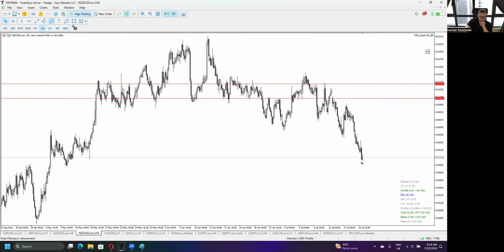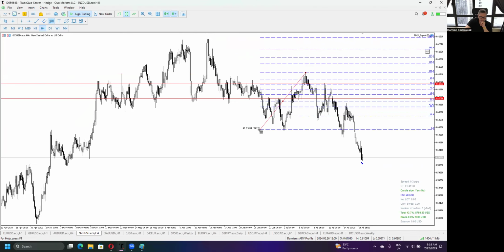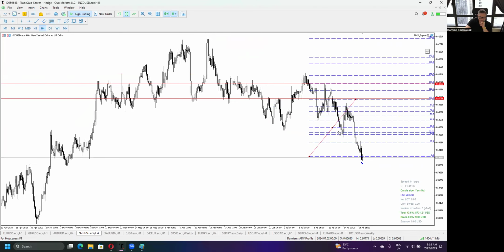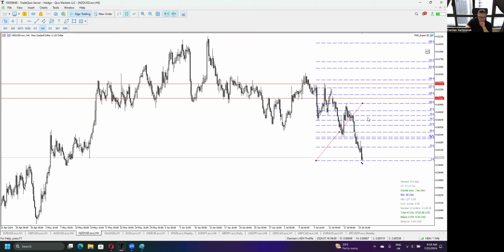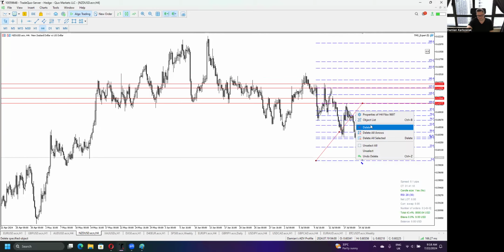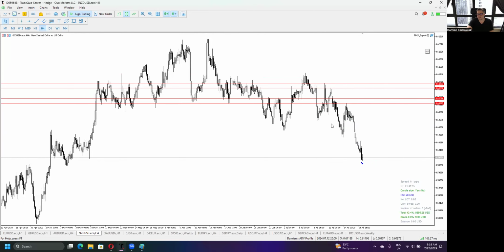This is the blue measurement. And the red one, A to C, should be at least 1-to-1. So 1-to-1 is close to 50, and 127 is close to 61.8. Both are possible. Of course, once the price touches the first one, we can treat it as a full shape of the correction. So again, because we are in the local downtrend,